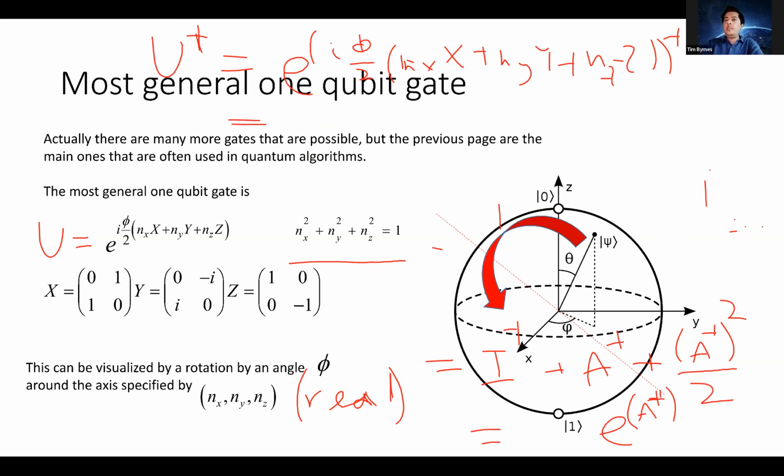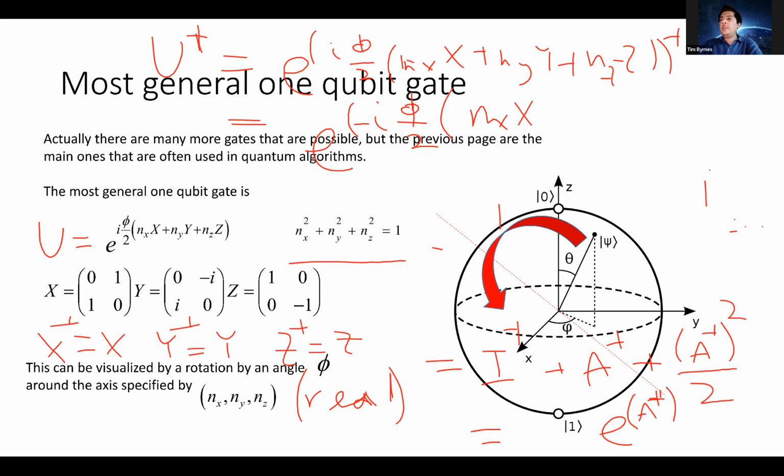the only thing that actually changes here is this I here. So the only thing that happens is that this I changes sign. This phi is, again, a real number, so the dagger does nothing. This n_x is a real number, does nothing. And actually X dagger is the same as X. Y dagger is the same as Y. And then Z dagger is the same as Z. Okay, so actually, nothing happens to basically all these terms inside the exponent, except for that I at the